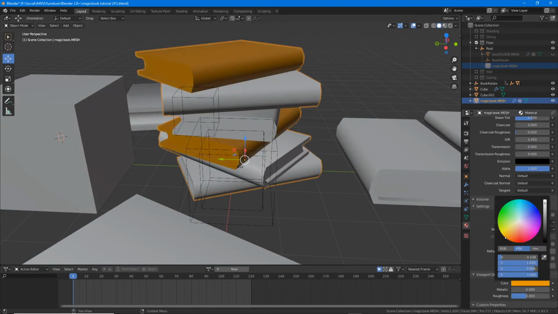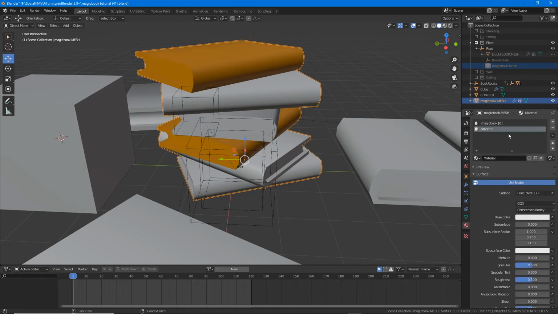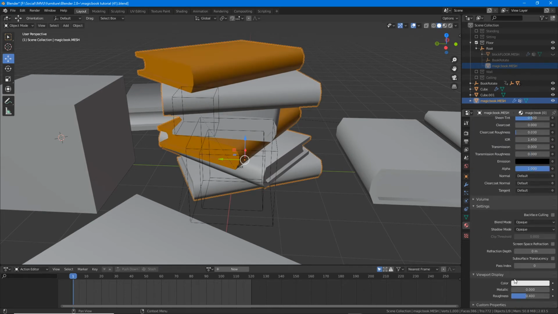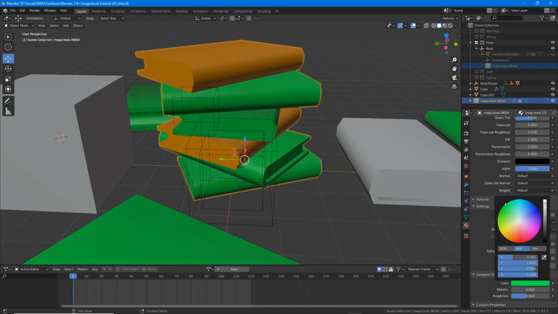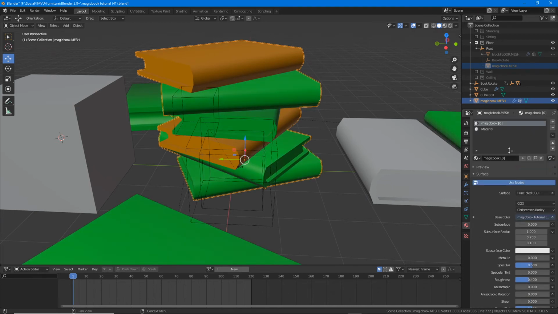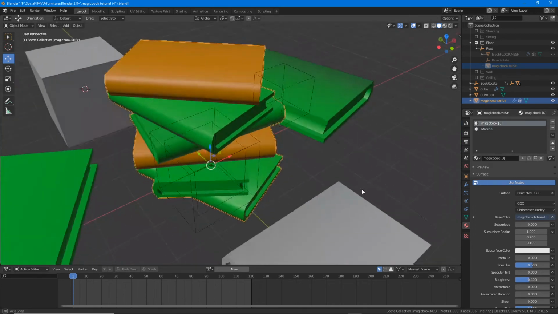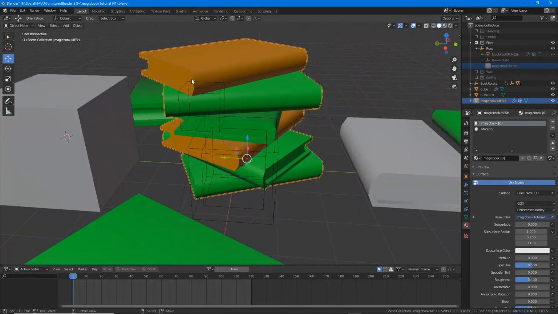This only works in solid mode, by the way, because it's a viewport display issue. So we've got two books within the same object, so two submeshes, but we don't have two users for the material